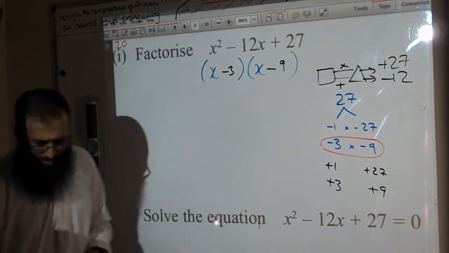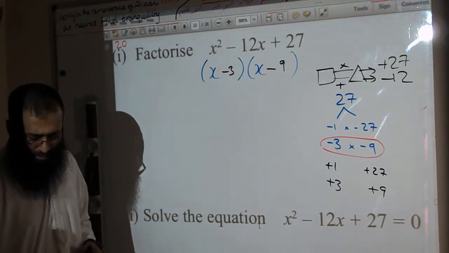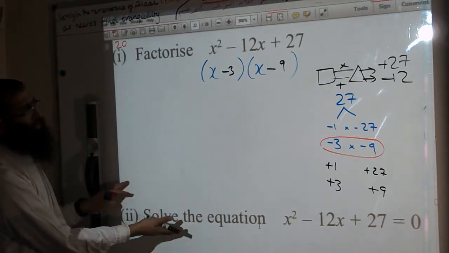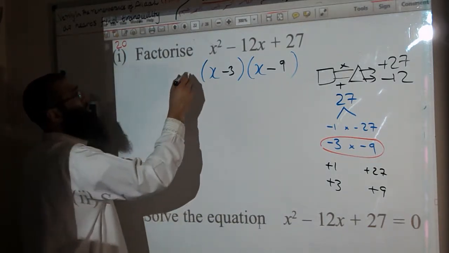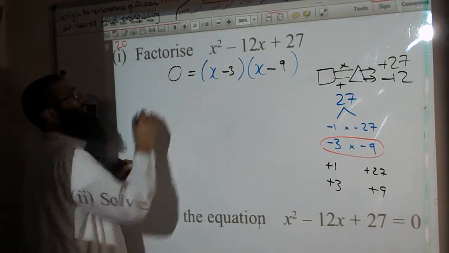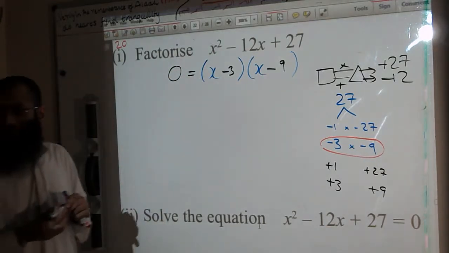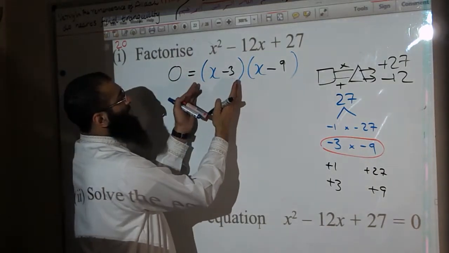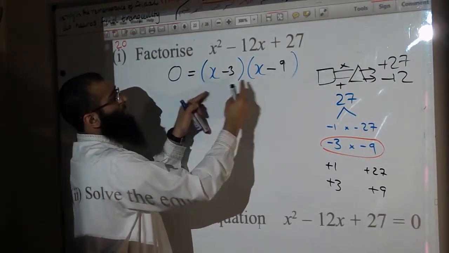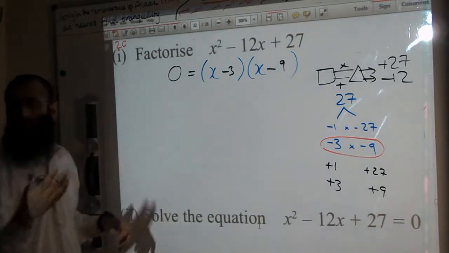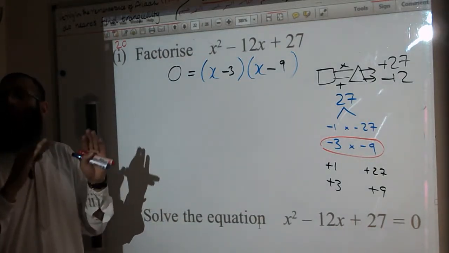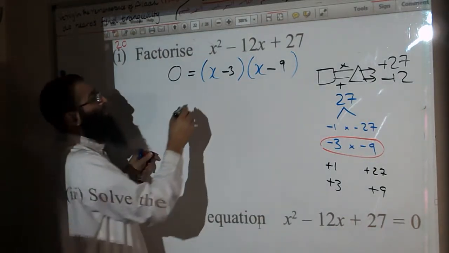The next question says solve the equation, which is the same one. We have to solve the same equation now. When we solve this equation, we have to make it equal to 0. If we've got this number here and this number here, two numbers which multiply together to give you 0, what fact do we know? One of the brackets must be equal to 0. So we say either